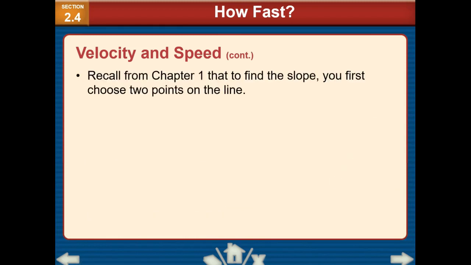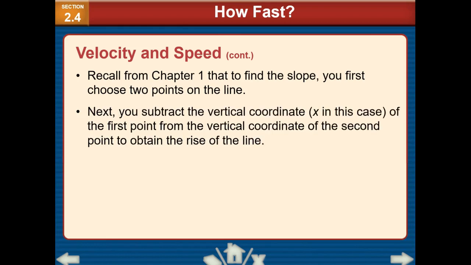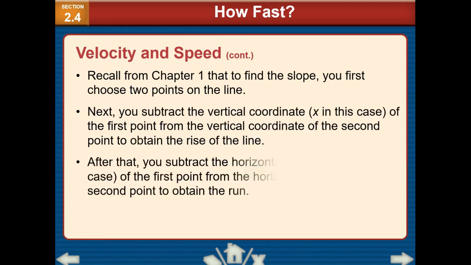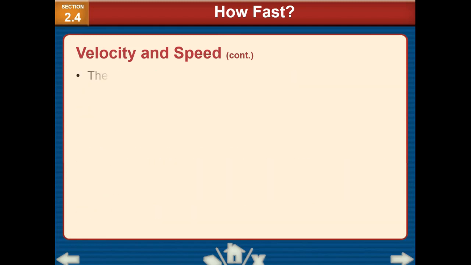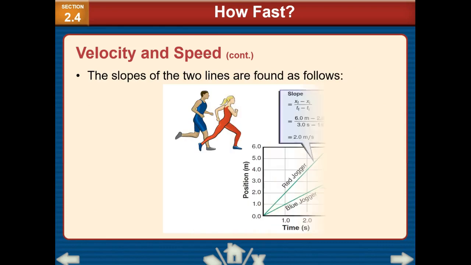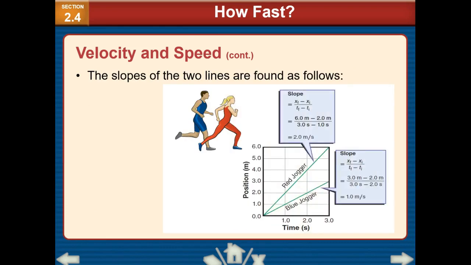All right, so to find slope, you have to choose 2 points on the line. Okay, and then you subtract, so it's rise over run. Okay, so the slope of a position versus time graph is your velocity. And then you divide. Okay, so if we're looking at the slope of these two lines,